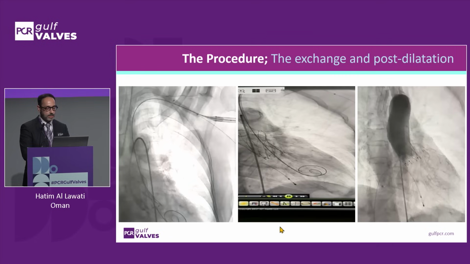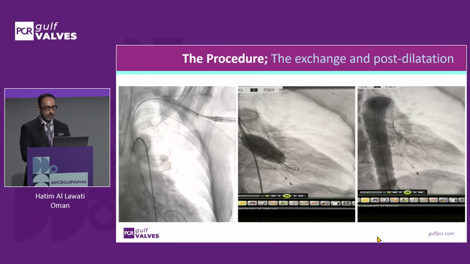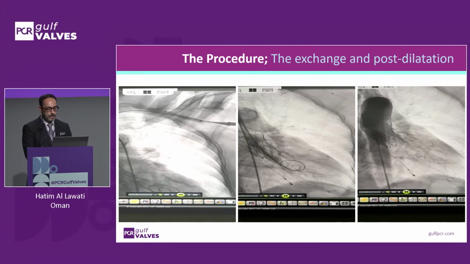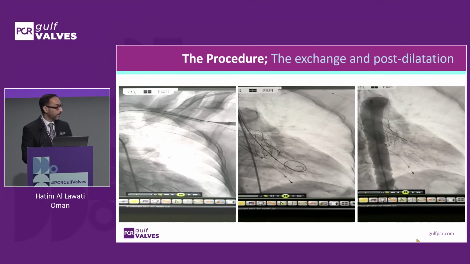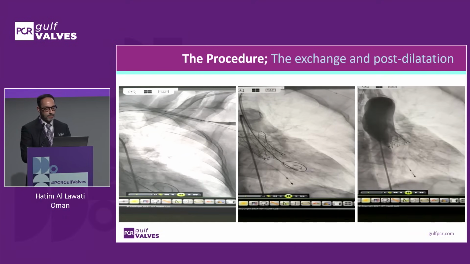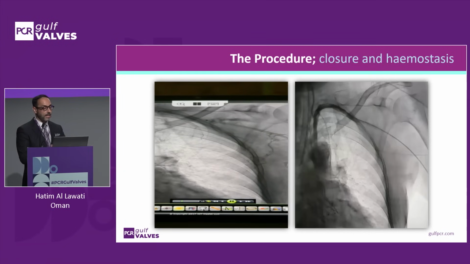The prosthesis was post-dilated with a 22-millimeter balloon, and there was no paravalvular leak at the end of the procedure. Not sure why the videos are playing the way they are, but I think you can see that the final result was quite acceptable. The other challenge encountered was after tightening the two ProStyles and applying an 8 French Angio-Seal,